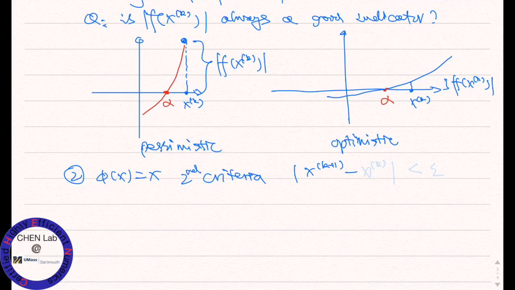Again, this can be used for the f of x as well. If you look at the distance of the two successive iterates, and if this is small enough, this is small, which means you're not making too much update to the current guess, right? Which is probably a good sign